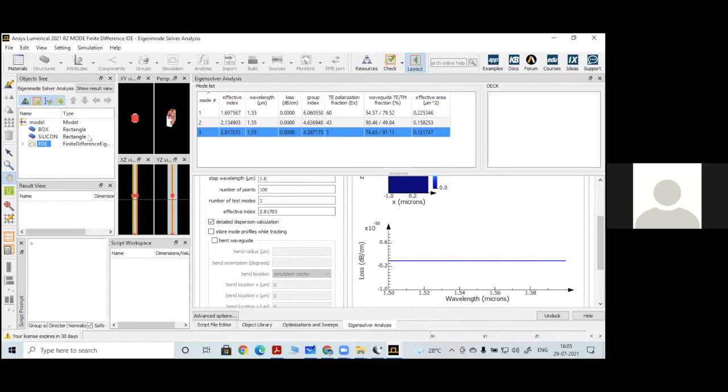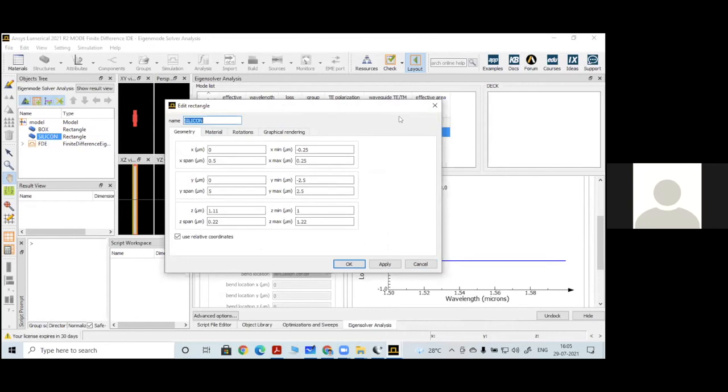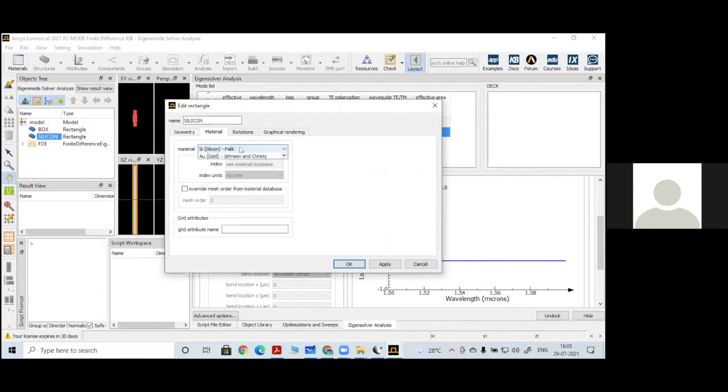Now I have taken this silicon waveguide at the selected wavelength. If I select any other material which is not optically transparent in the infrared wavelength region, let me change this silicon to, let us say, silicon nitride. This silicon nitride is transparent only in the visible wavelength range.